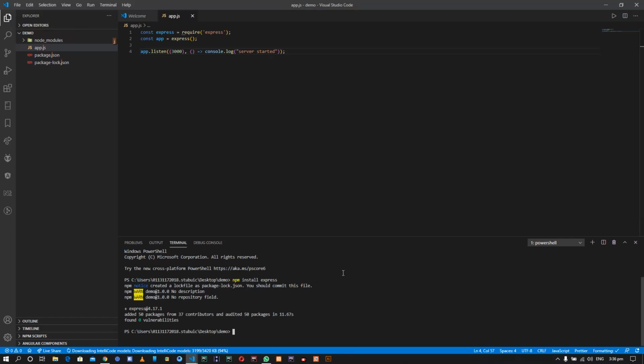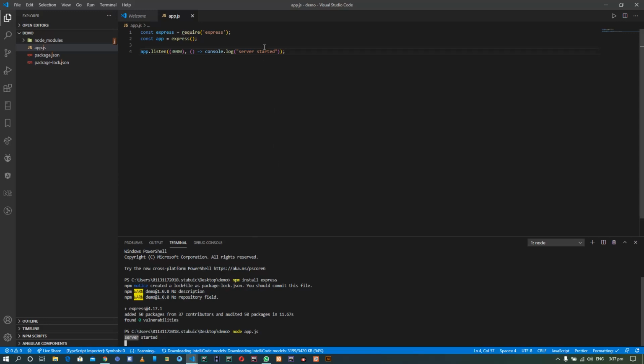To run this in real time, you need to install nodemon with npm install nodemon. I have already installed it, so I don't need to install it again. You can also run this with node app.js, but it won't cater for everything. I will give you an example. For example, server started here, server is started over.